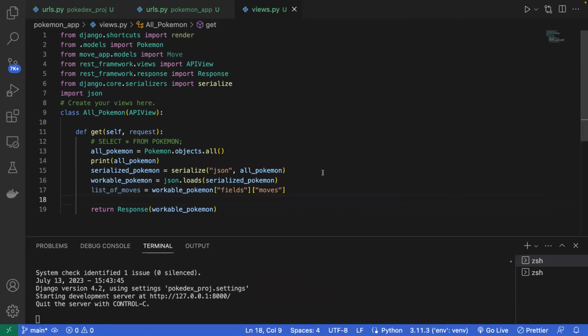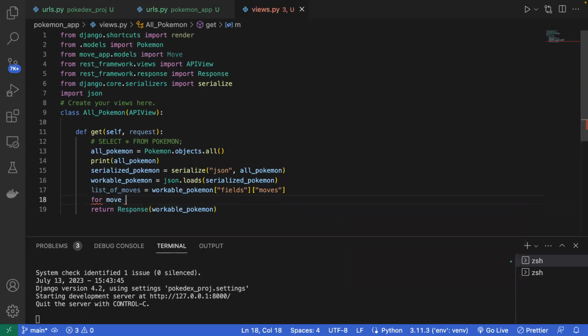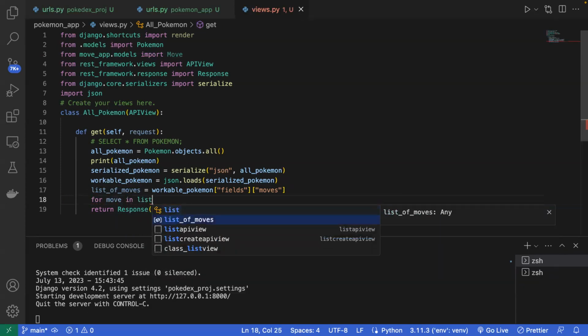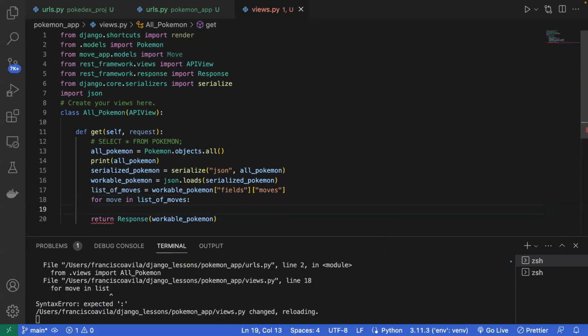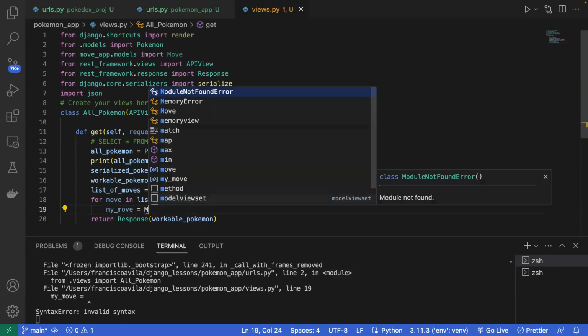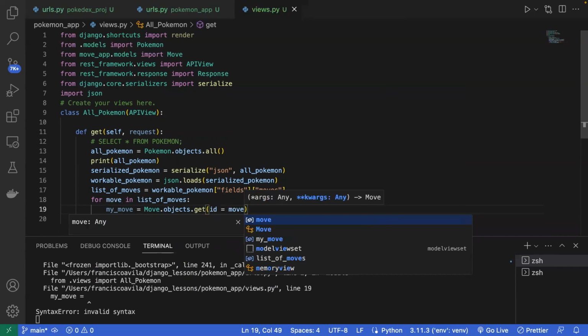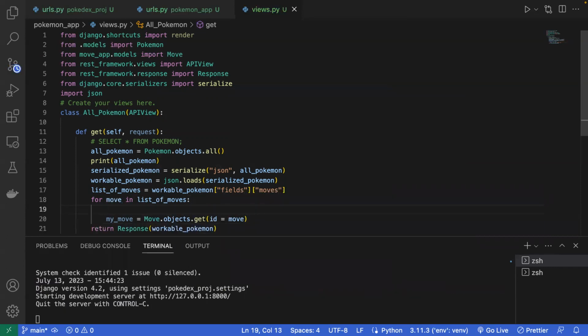And now I can go ahead and grab each individual move from my database. I can say for move in list of moves, I want you to make my move variable. So my move is equal to, and in this case, I'm going to say Move.objects.get, where the ID is equal to move, because we know it's a list of numbers. And this is essentially saying